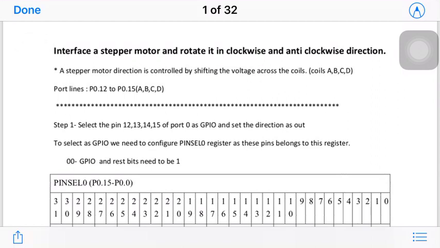That is, A is pin 12, B is 13, C is 14, D is 15.